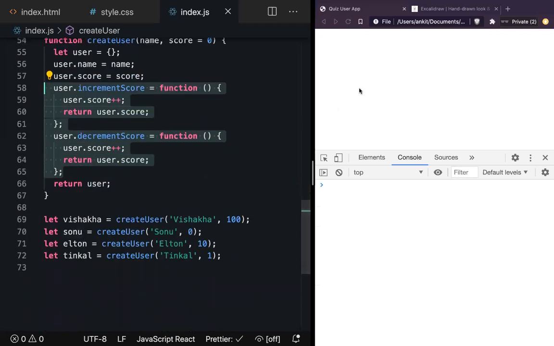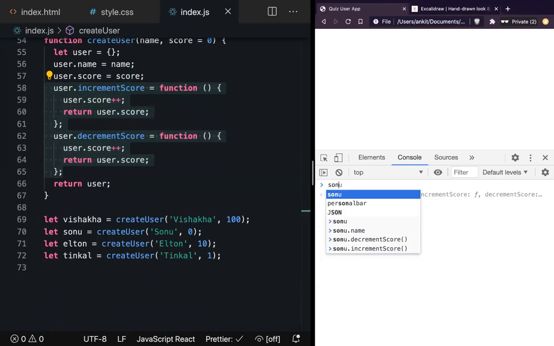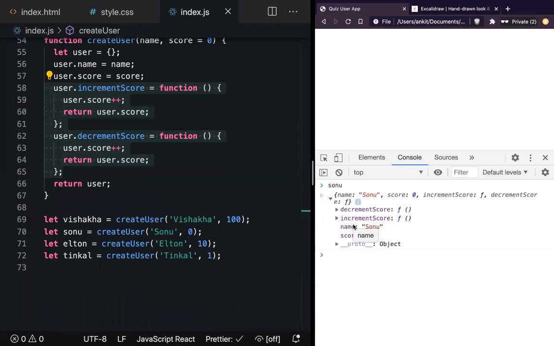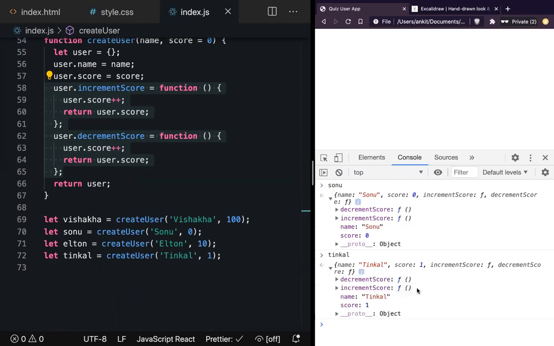If you look at Sonu, you can see it is not in dunder proto, which the browser is going to optimize. These methods are outside. Only methods inside dunder proto get optimized. So Sonu and Tinkle, both of them have a common method being used here, and that can be optimized if we put it into what? Inside dunder proto. Right? So that can be done. So everybody understood the problem. So what is the problem we have?